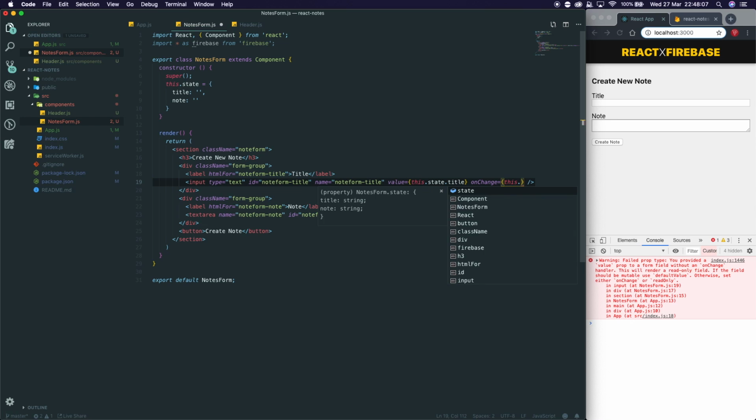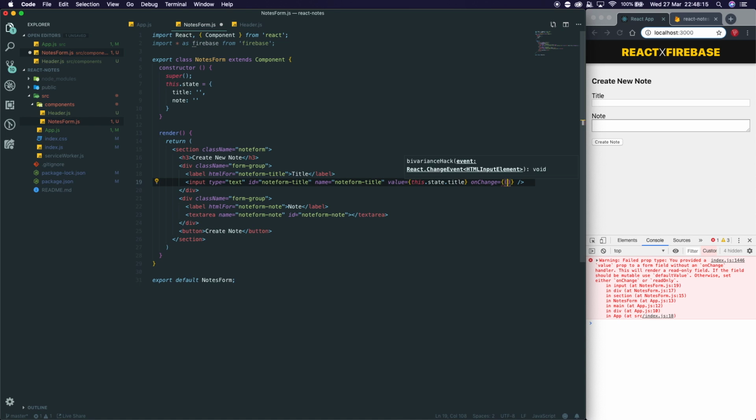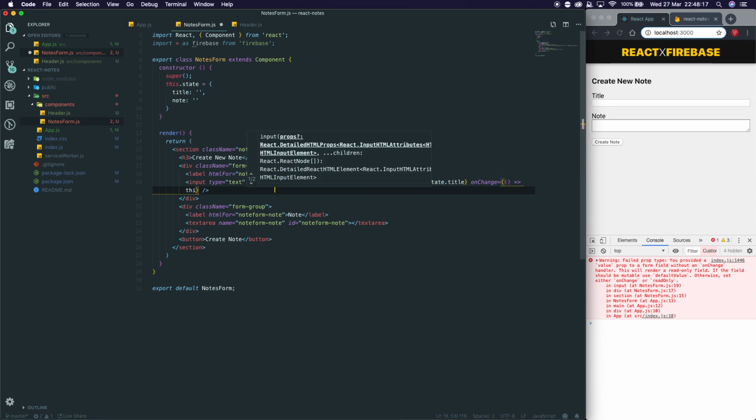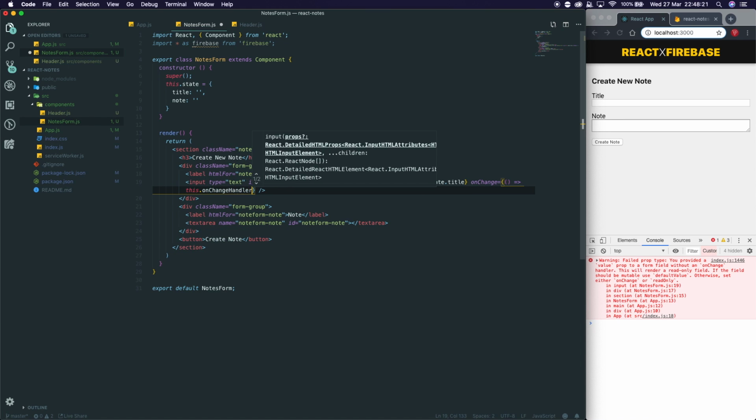So we're going to say this dot on change. I don't know. So I say on change and make it dynamic, or should we create something different? We'll say this dot on change handler. Right? Yep, definitely something. And in here, we're going to pass through a string just to say it's the title,